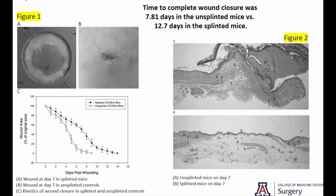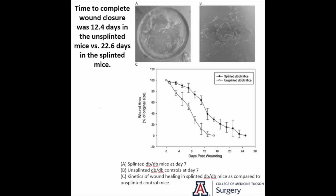sutures. We demonstrate that when applied to normal wild-type mice, the course of wound healing replicates the mechanisms underlying human wound healing. Not only this, but we also examined this technique in diabetic mice, an established model of type 2 diabetes mellitus, and found that the course of wound closure closely replicated the clinical observations in human diabetic patients. Overall, splinting wounds prevents wound contraction in diabetic and wild-type mice, allowing gradual wound closure to occur by reepithelialization and